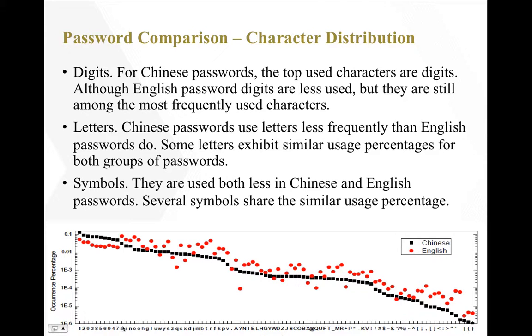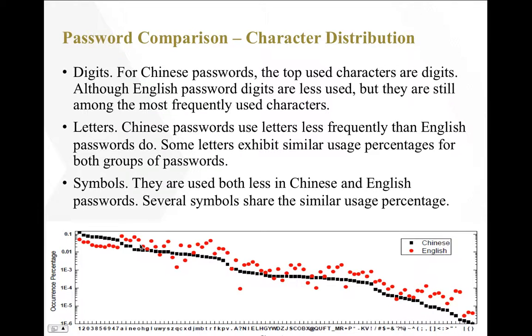For the first few, they are digits. You can see both Chinese and English passwords have a lot of digits, and Chinese users use digits more frequently than English users. And for the letters from here to here,